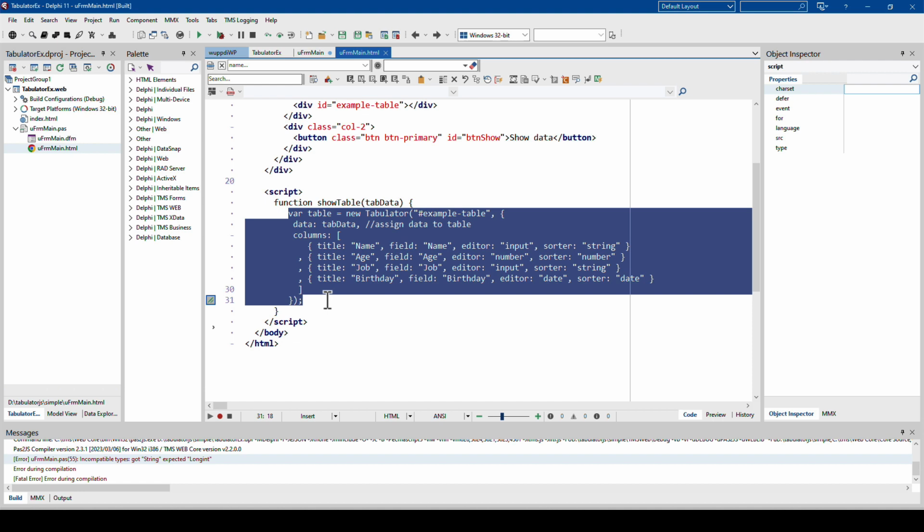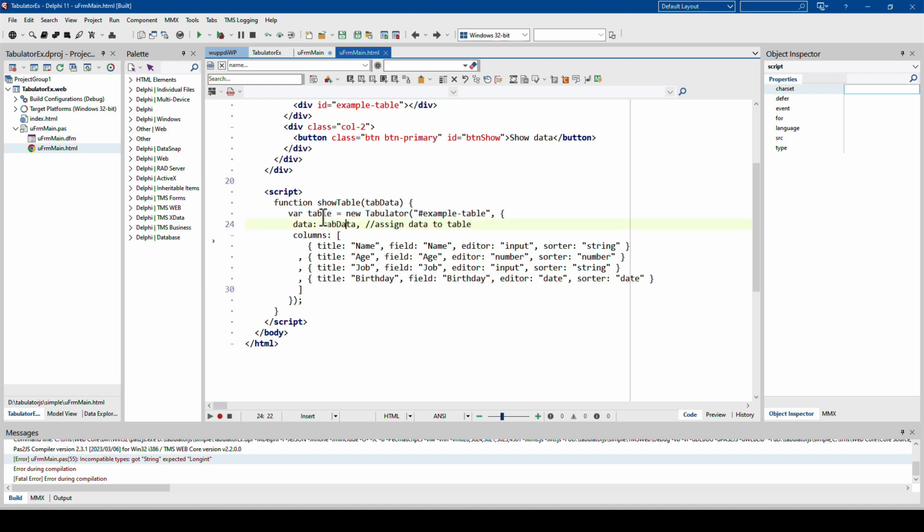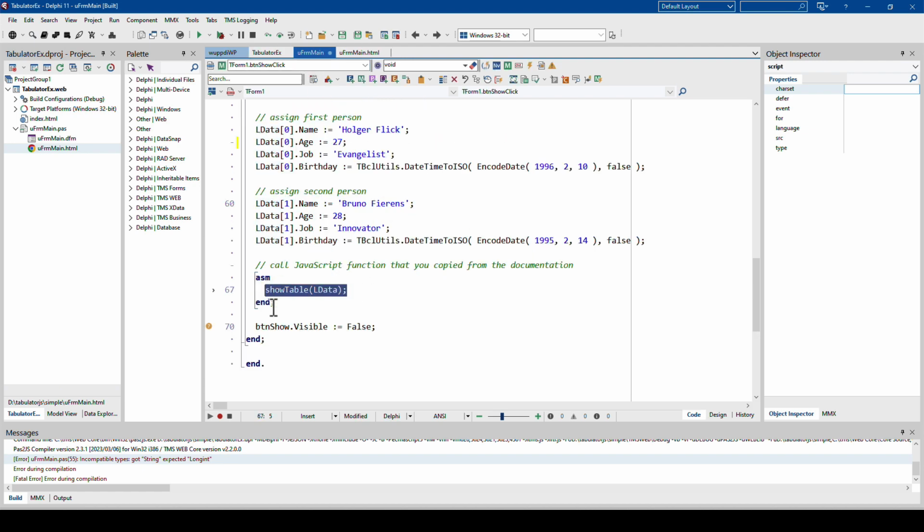And that is one-to-one a copy from the documentation, where I say I have a table, new Tabulator, example table. That means it will appear right up here. And the data is tabData. That is where TMS Web Core comes in. Instead of specifying something hard-coded in my JavaScript, I have my tabData that I call from my code.